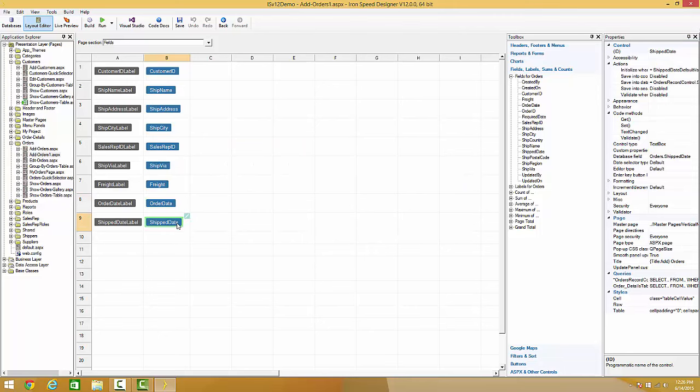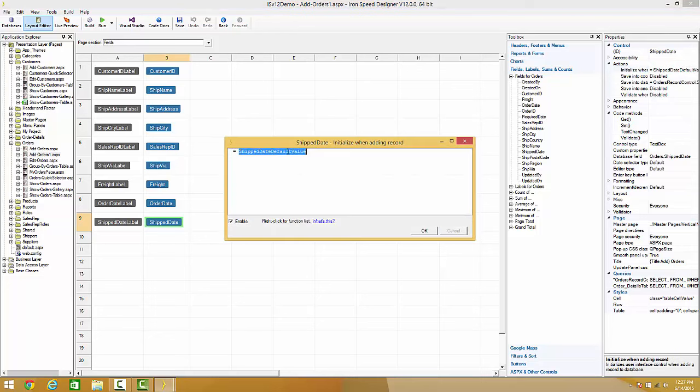Now the field we're going to initialize with a calculated value is the ship date field, and we're going to initialize that to 7 days beyond the order date. So let's select the ship date field, back over to our property sheet, initialize when adding record, click the ellipsis. The first thing we need to do is